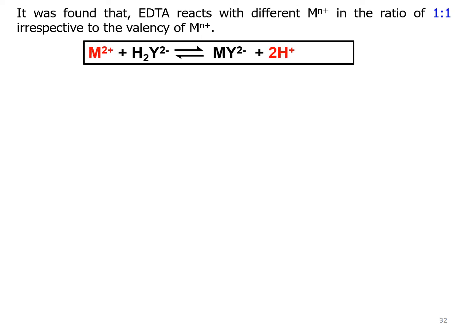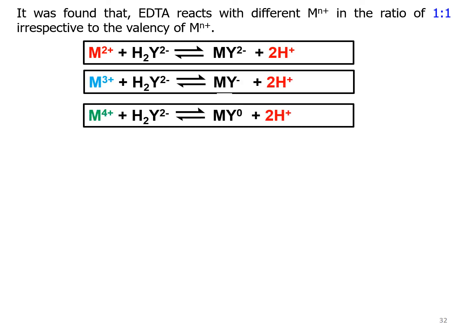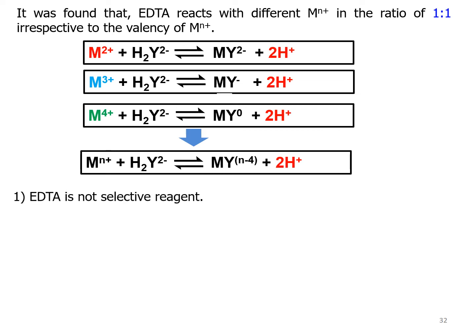It was found that EDTA reacts with different central metal ions in the ratio of 1:1, irrespective of the valency of the central metal ion. You can see here, all central metal ions with different valencies are treated equally with the EDTA, liberating 2 parts of hydrogen. Therefore, and this is an important characteristic that should be memorized for EDTA: